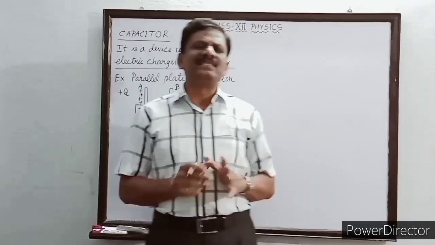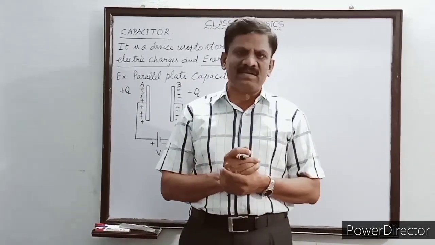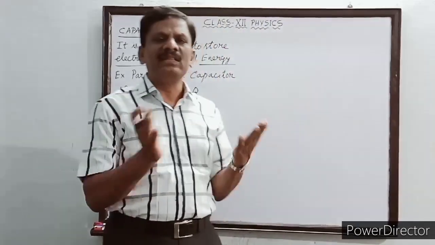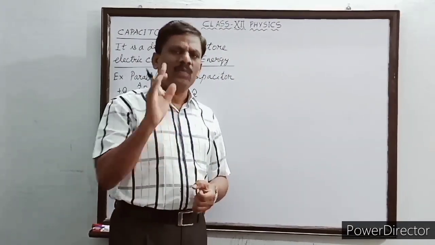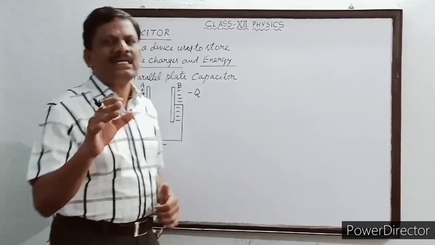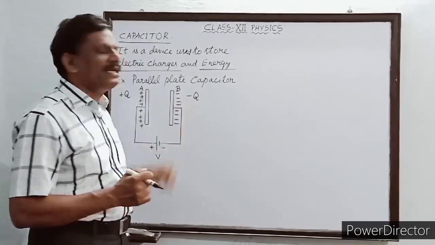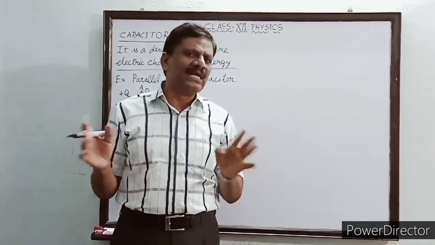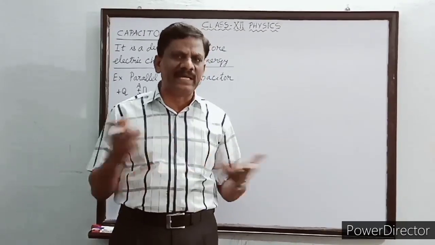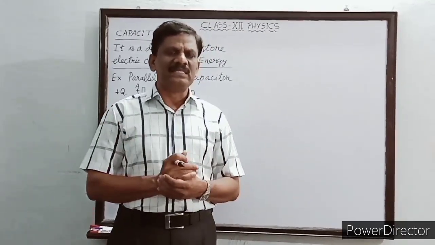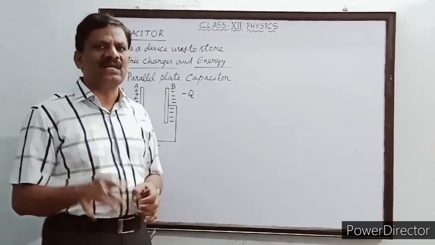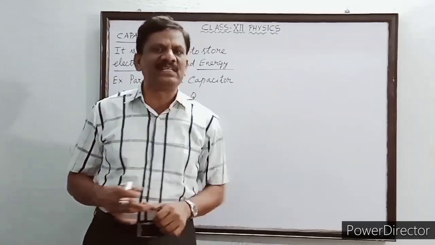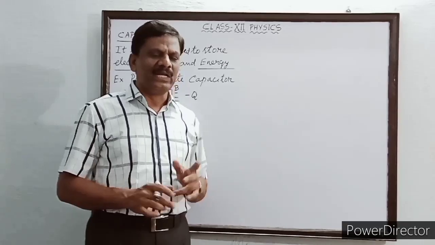Whenever I say that charges are stored on the plates of the capacitor, it is either on the positive plate A or on the plate B. On any one plate only we have to consider. So in general, how much charge can be stored in the capacitor, we should say Q coulomb, not 0. Only the net charge is 0, because when you add the positive and negative charges the net charge is 0. This does not mean that charges are not stored. Charges are stored, either on plate A or on plate B. Only the magnitude of the charge we have to consider, either positive or negative.